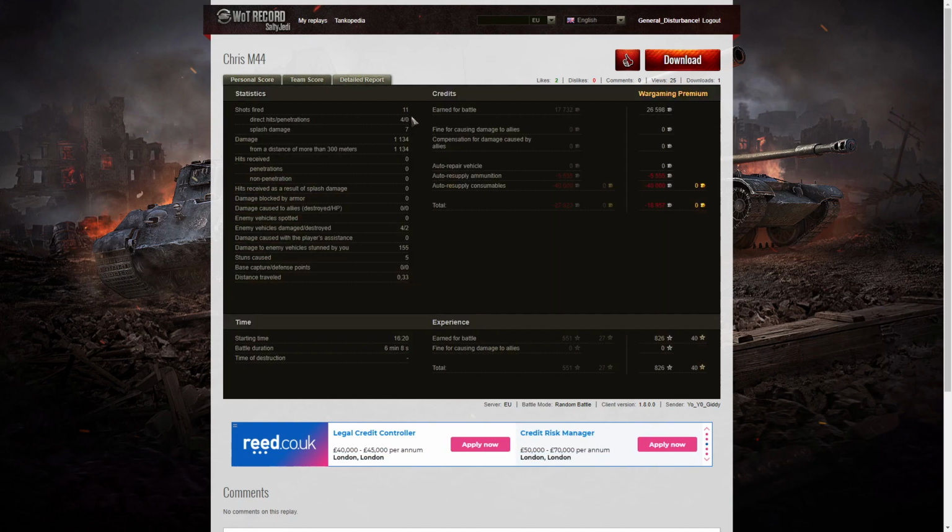He fired 11 rounds, got 4 direct hits, 0 penetrations but 7 splash. Damage of 1,134 hit points, all of it at more than 300 meters. He damaged 4 of the enemy, killed 2 of them, and did 155 hit points of stun assist off 5 stuns. On a premium account, he earned 26,598 credits, and after resupply of ammunition and consumables, he actually made a loss of